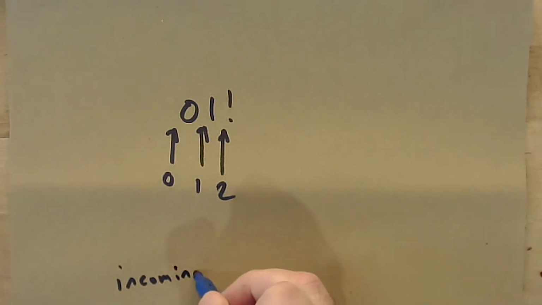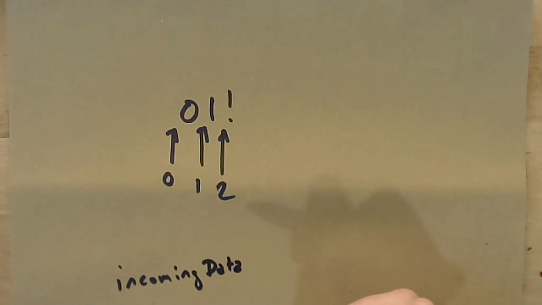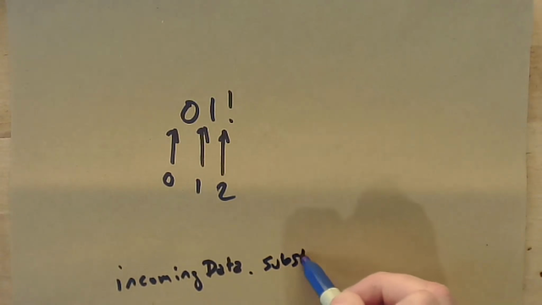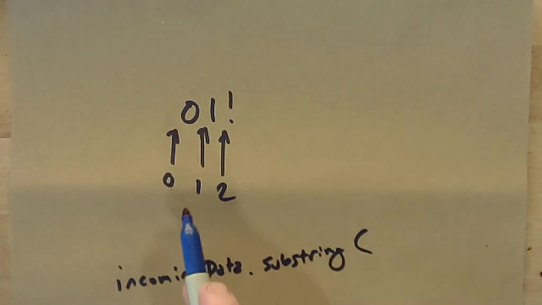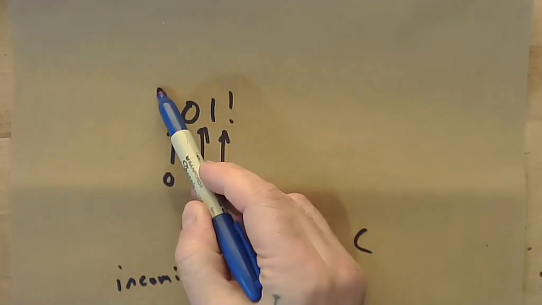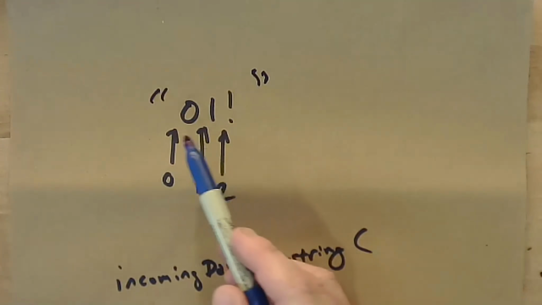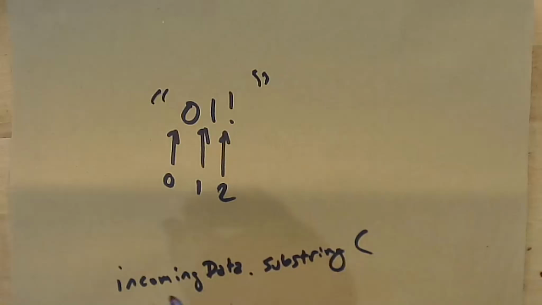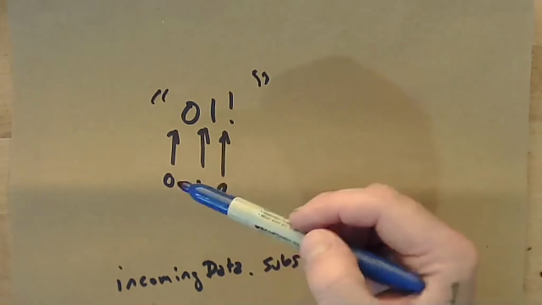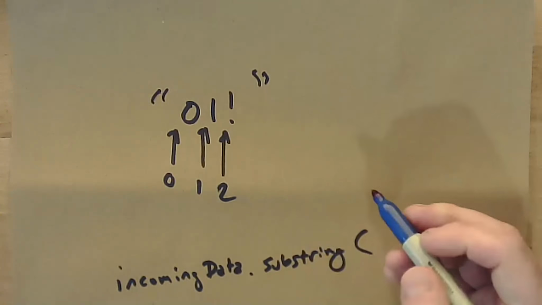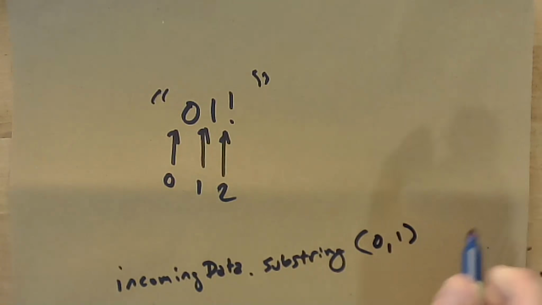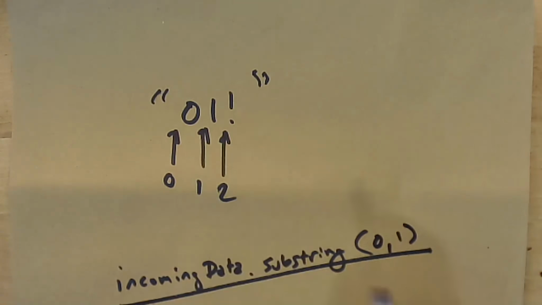Our incoming data string, we're going to apply the substring method, dot substring. And then the parameters of this method are the beginning and ending position of what we're going to extract from this larger string as a whole. So for our first bit of information, we want to go from position 0 to position 1. So substring 0, 1. And this is going to give us